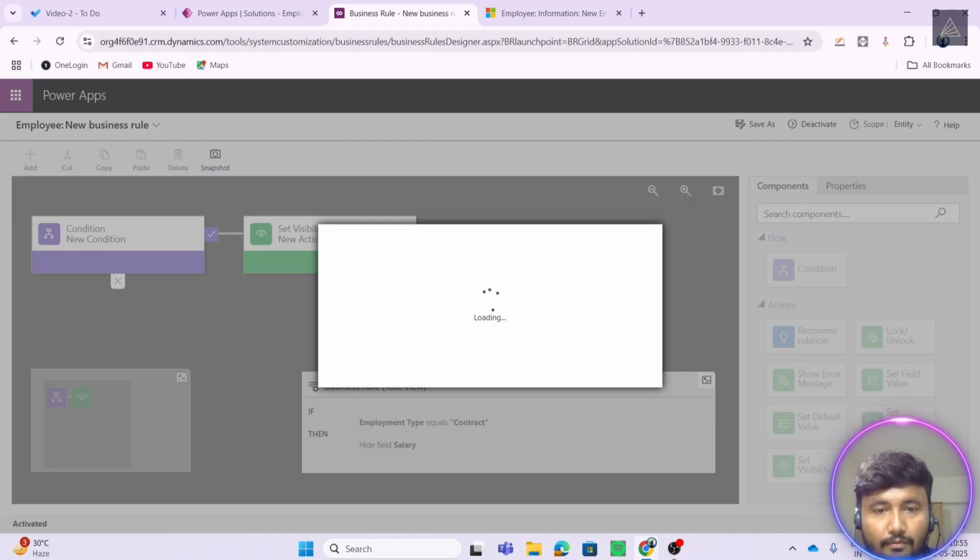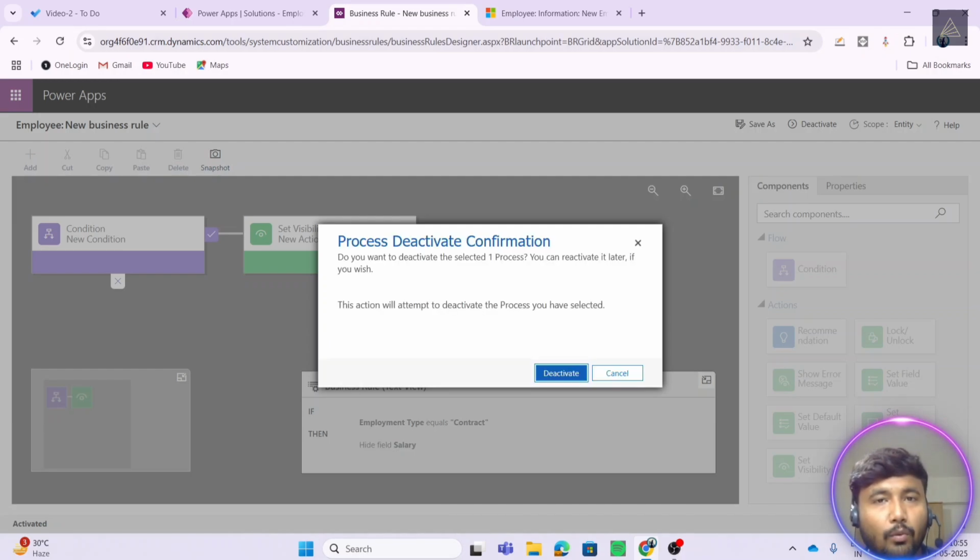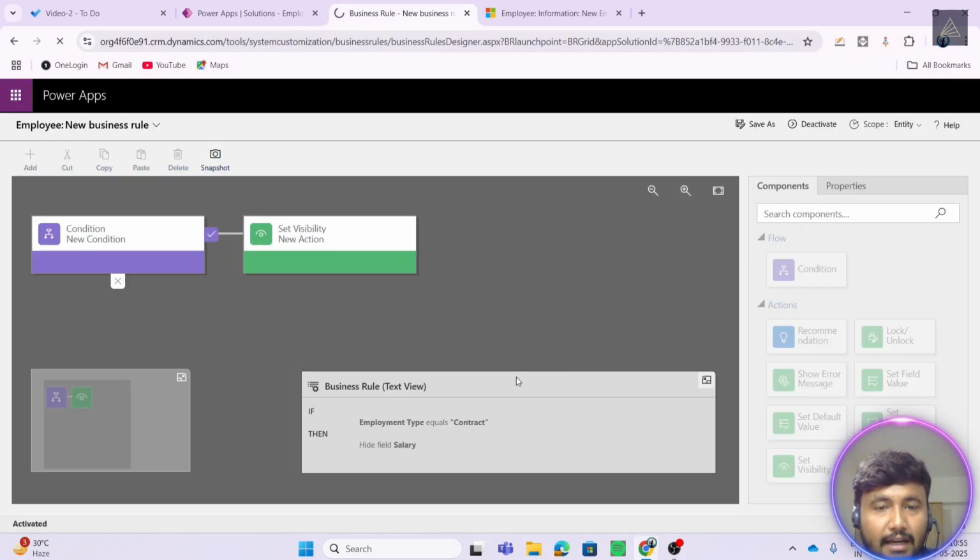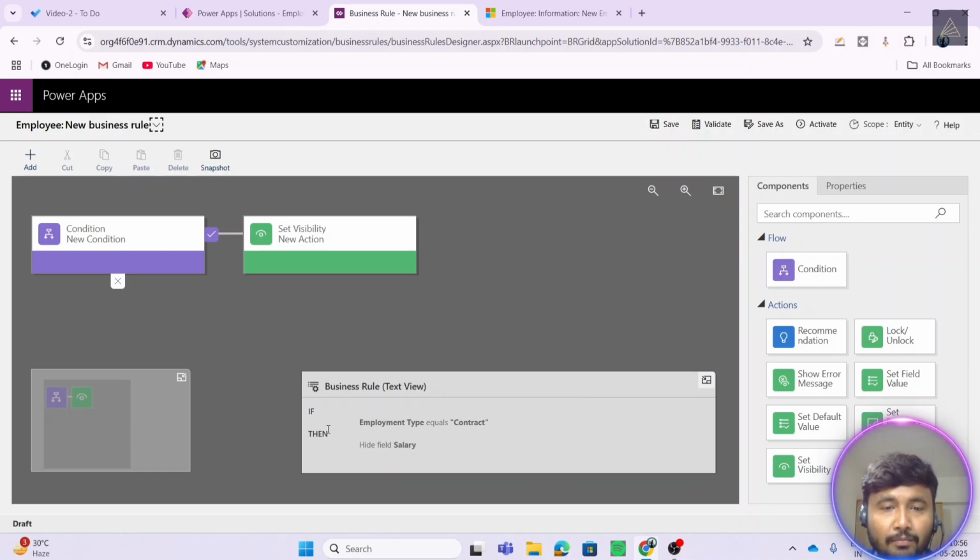So are you able to understand what exactly happened here? I just told it one thing to do, that when the employment type equals contract, you just need to hide the field salary. So the moment I select the employment type as contract, it just hides the salary field. But after that, when I select other values again, it does not show me that particular field, because I had not added the condition for that. So what I want is that if employment type equals contract, hide field salary,